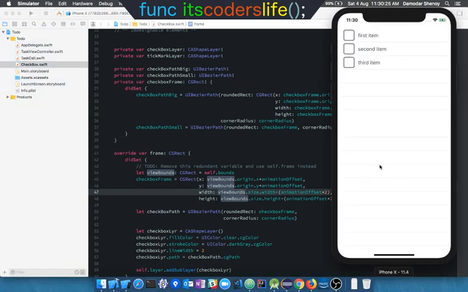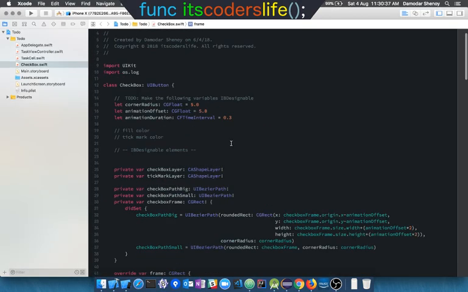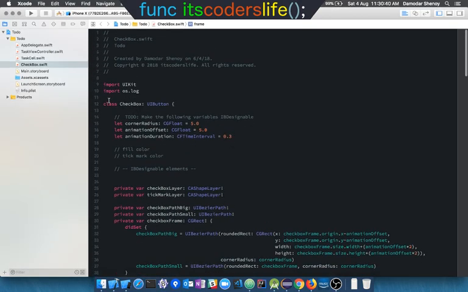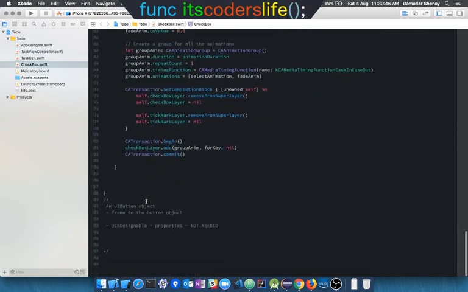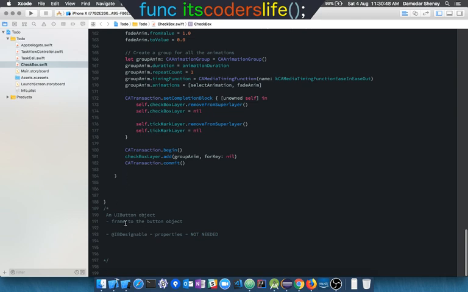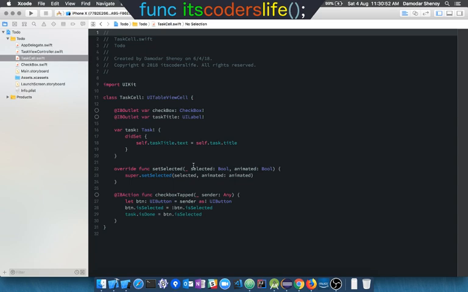So basically, we were doing this last time for iOS animations. The beautiful pulsating color fill and the check mark. We had completed this and we have extracted all the checkbox features into one item. So this is the checkbox part. And how are we using it? We are just using the